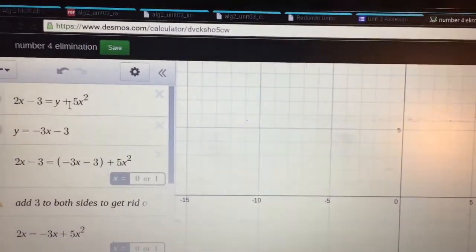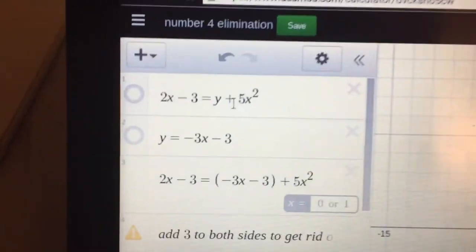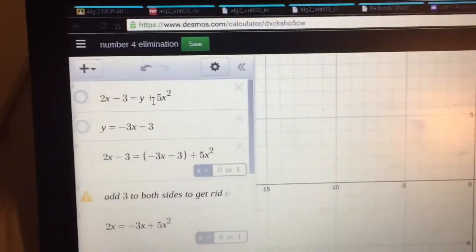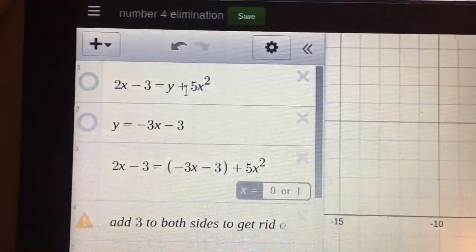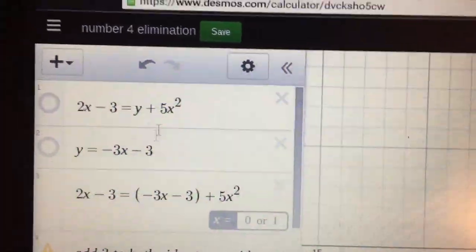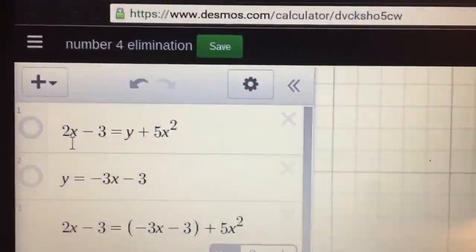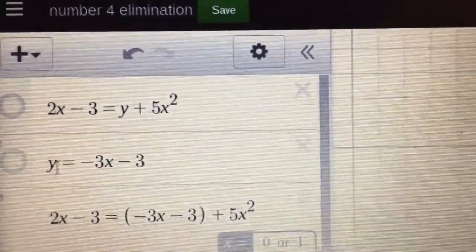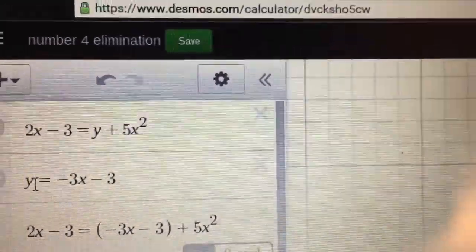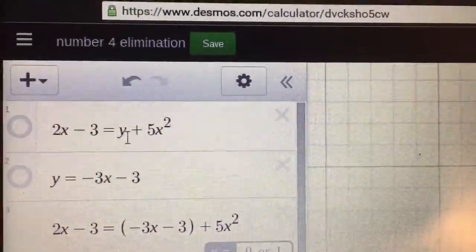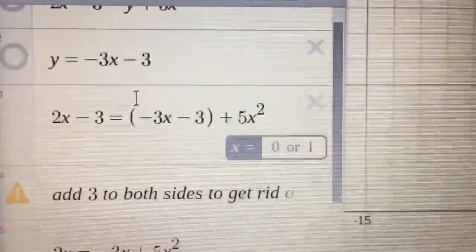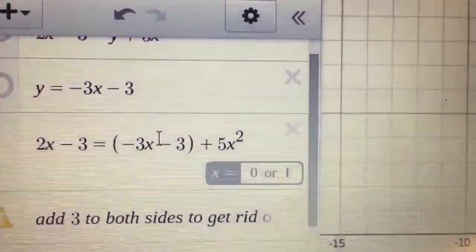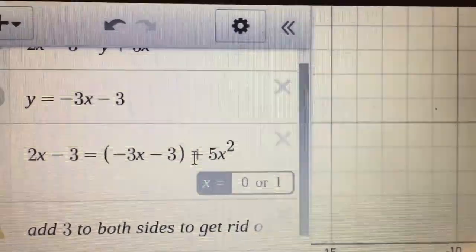Alright, to show you how we use imaginary numbers, we're going to be using this equation. We're going to solve the system with either substitution or elimination, okay? First off, this is going to be our equation: 2x minus 3 equals y plus 5x squared. Now, this is going to be our y: y equals -3x minus 3. Now we're going to plug in y right here for our y. When we move down, we're going to get 2x minus 3 equals (-3x minus 3) plus 5x